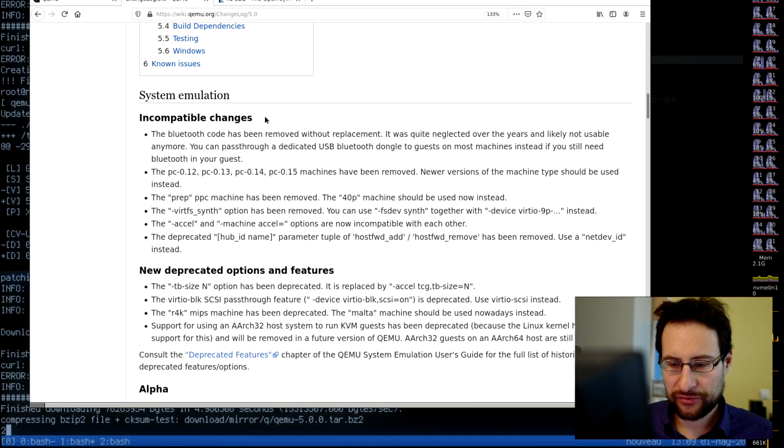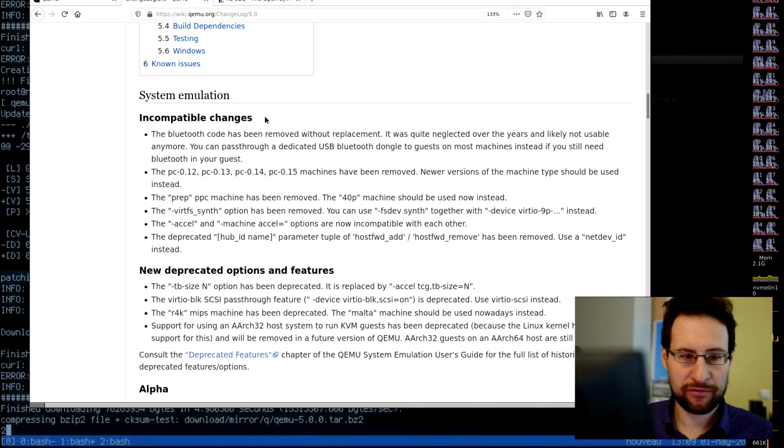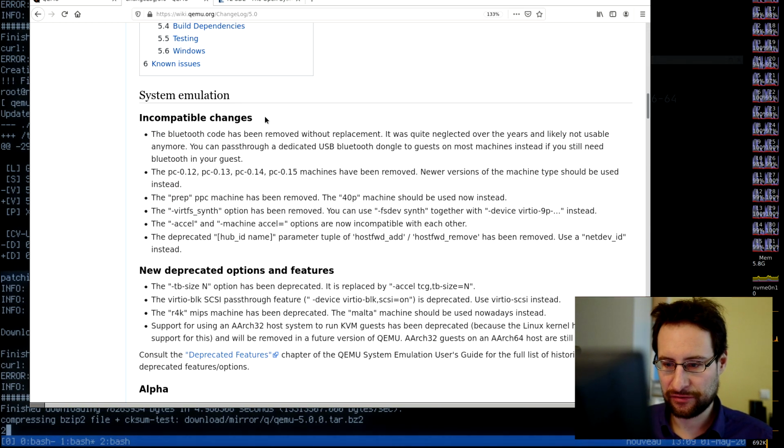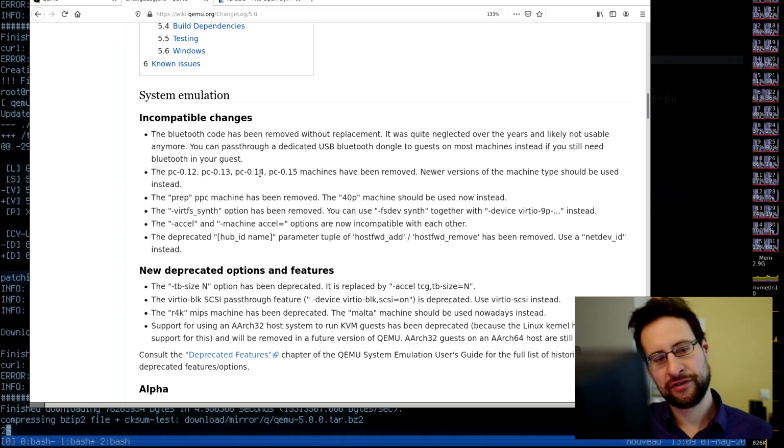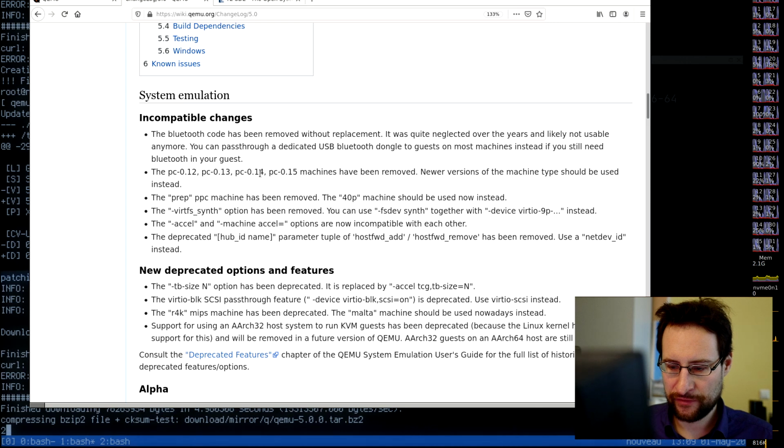Let's take a closer look. So incompatible changes, just so, why do they do this? They clean this code up. Not the greatest fan of this, but I certainly can also understand a little bit that you don't want to drag totally vintage code around forever. Although some stuff like,